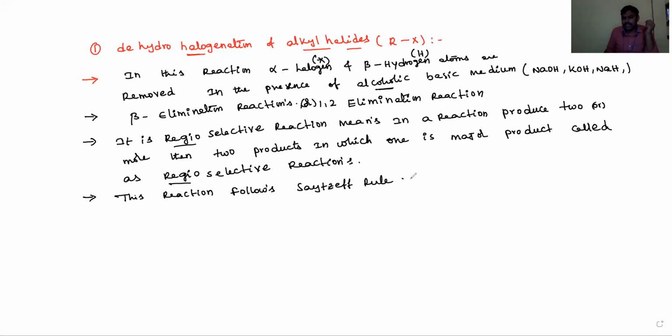Saytzeff rule means that the more substituted alkene is the major product. Okay, dear students, the more substituted alkene is the major product. So how many alkenes are possible in a dehydrohalogenation reaction? The number of products depends on the number of beta hydrogen atoms containing beta carbons. So the number of products